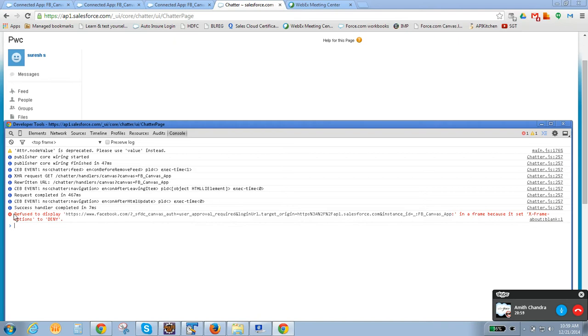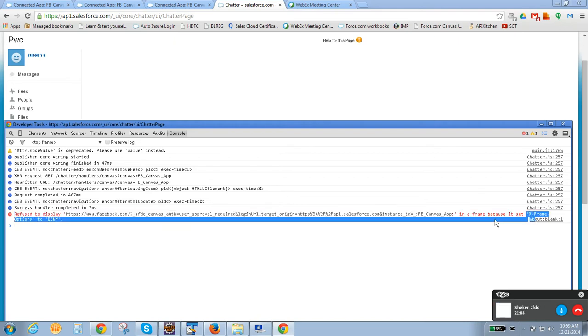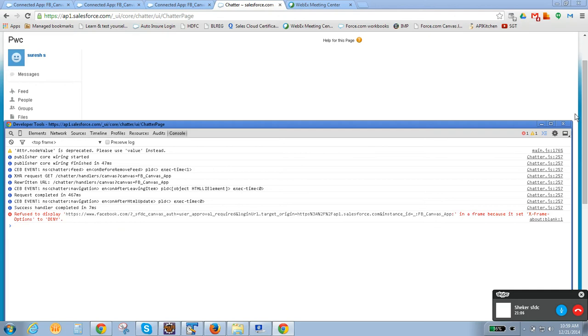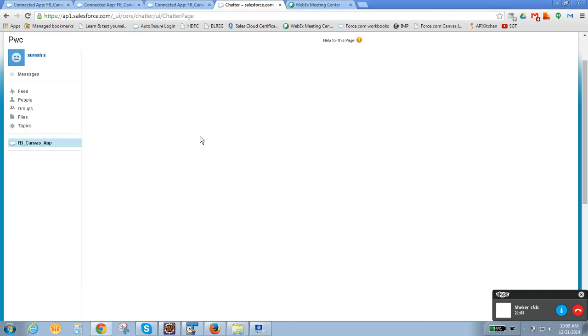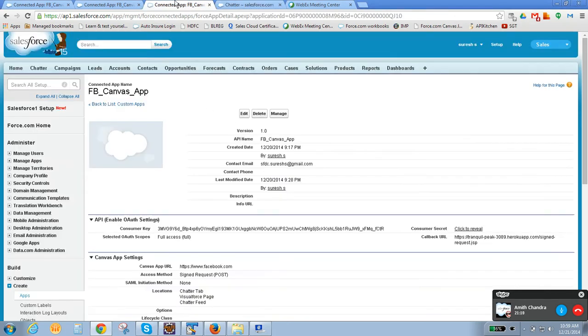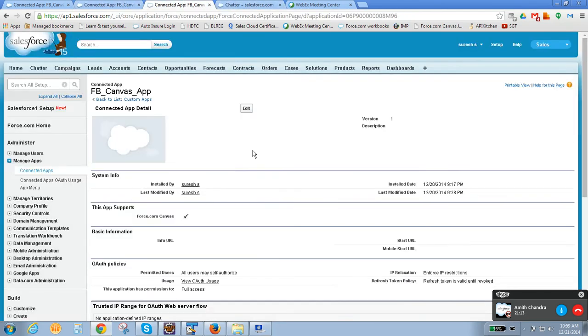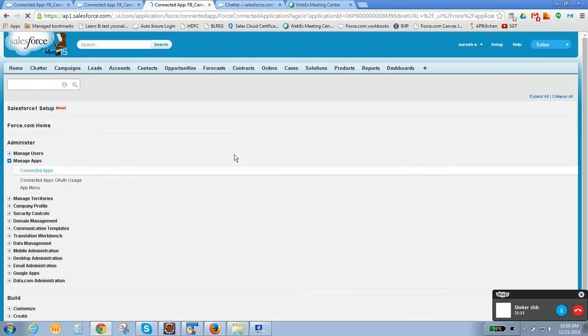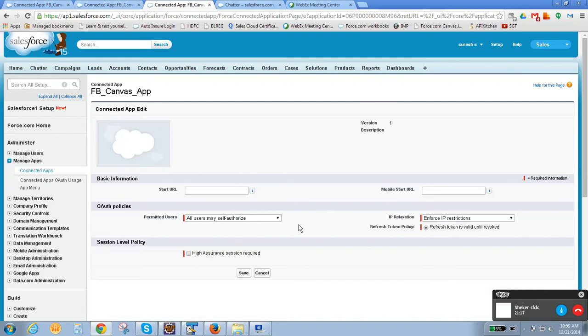We don't know why it is not opening. I think there is some restriction on that; we need to check this one. So you got how to open another page. Make sure you select all users may self-authorize. In that case there is no need of making any authentication from that endpoint.